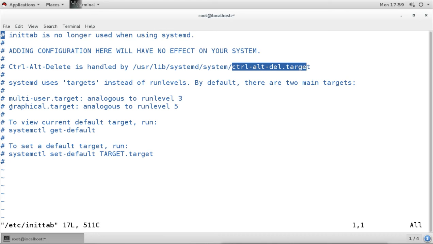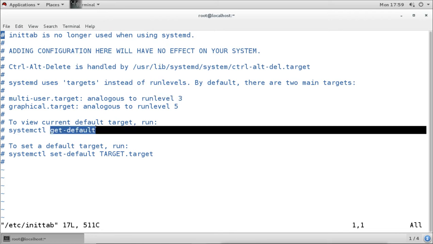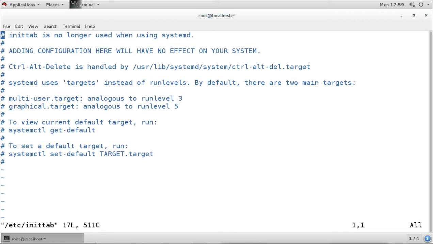This is graphical.target, which provides the graphical interface. It is the same as run level 5. And multi-user.target is the command line target, which is the same as run level 3. To view the current default target, you can check default.target, and to set the default target, you can run this command.